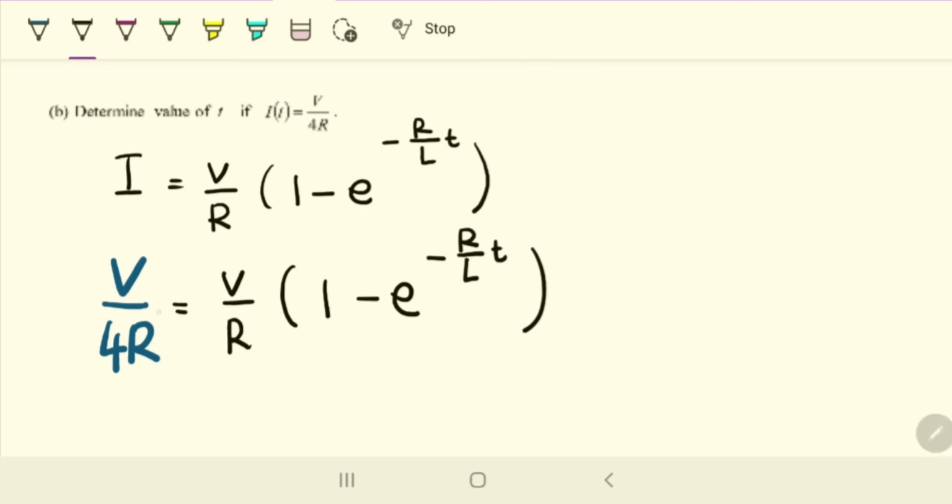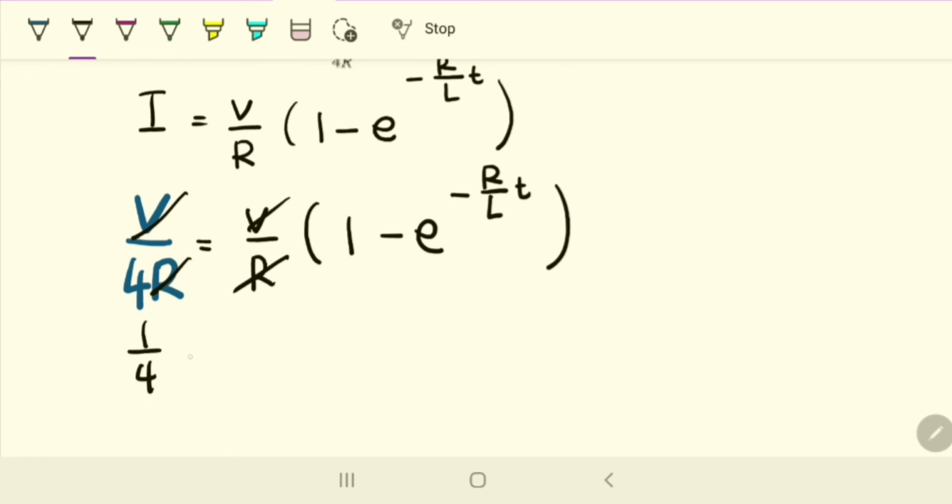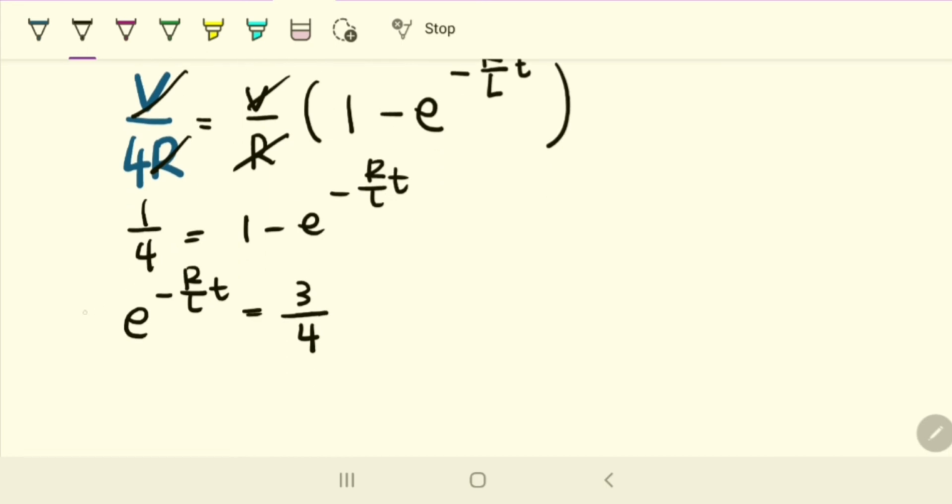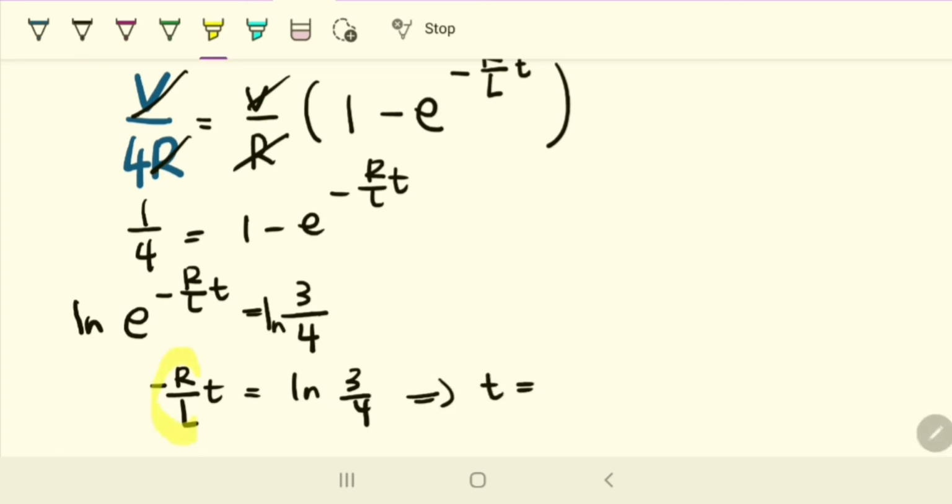Okay, so ini nampak we have V over R on both sides, so we can cancel out this, because it's multiplication. And then I will write down, I have 1 over 4. If I bring the E to the other side, I will have this. And 1 minus 1 over 4 is 3 over 4. I can have ln on both sides, so the left hand side will just be this, and hence our T is equal to this. I just bring this to the other side and it will become negative L over R ln 3 over 4. So this is my answer for part